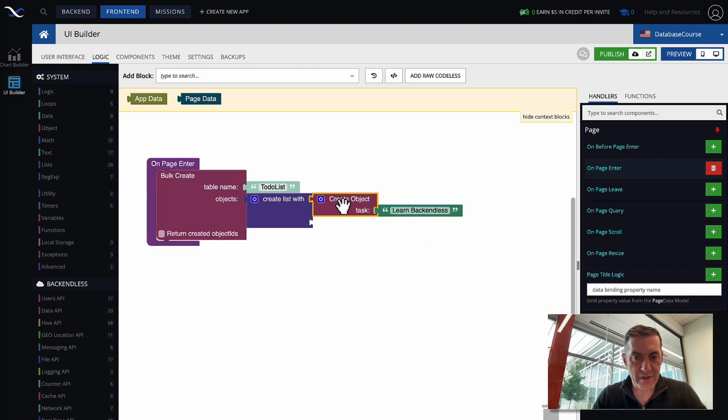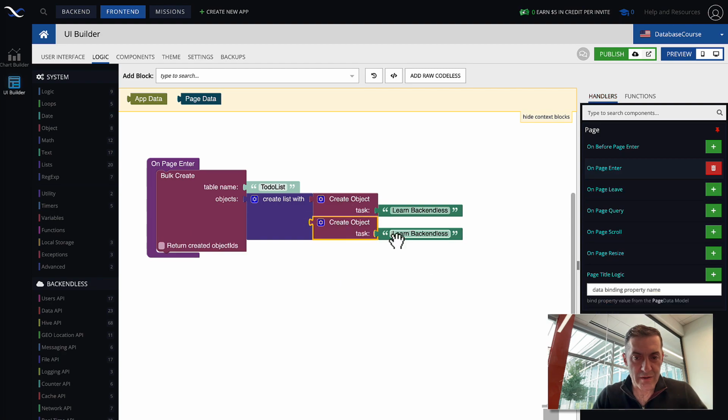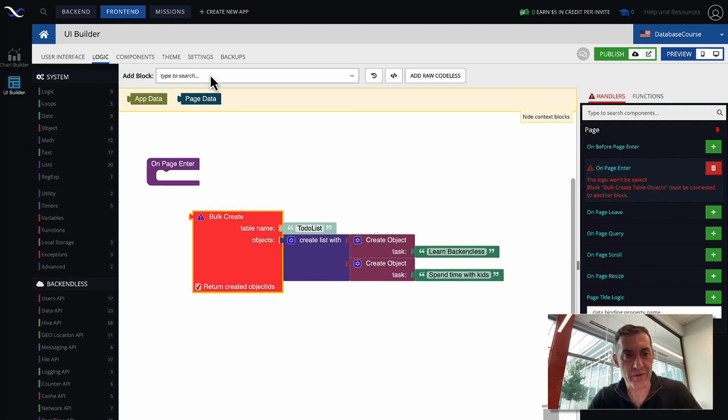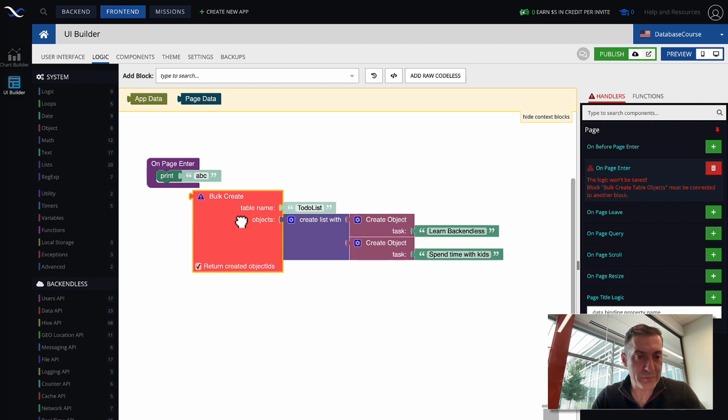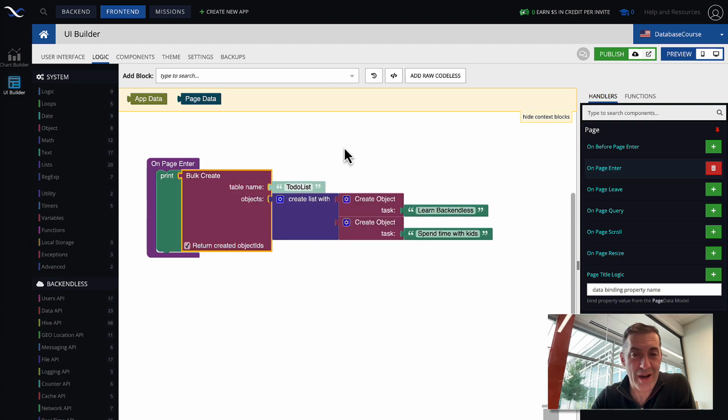That's one object, and spend time with kids, which is also important. So that's it. Whenever this bulk create is done, we have an option to return object IDs. Let's do that, and then print them out in console. This way we will get some visual feedback in the browser's console.